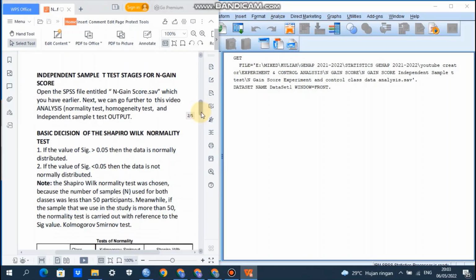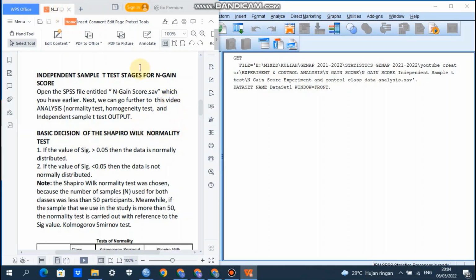Okay. Independent sample t-test stages for N-Gain score. First of all, you need to open the SPSS file entitled N-Gain score. This one, that you have already done earlier. This can be taken from my previous video, N-Gain score for experiment and control class analysis.